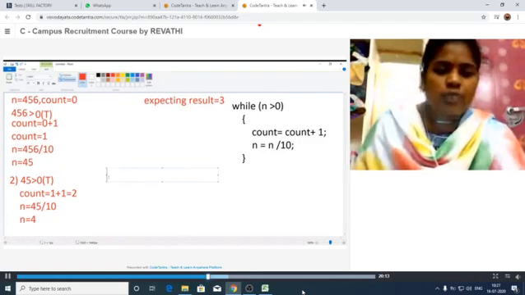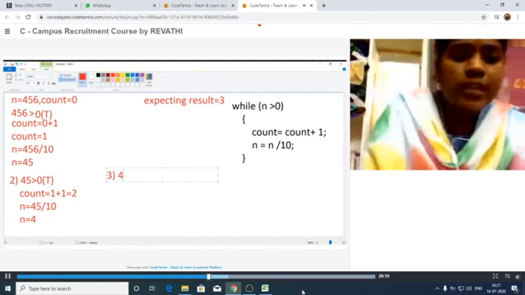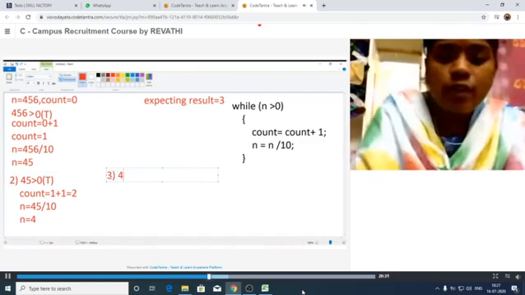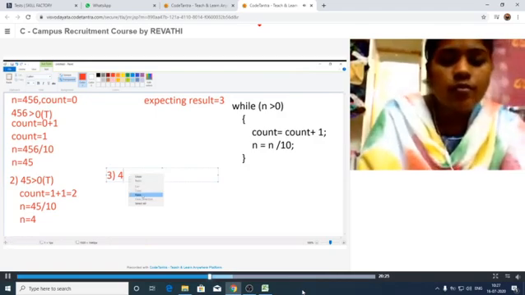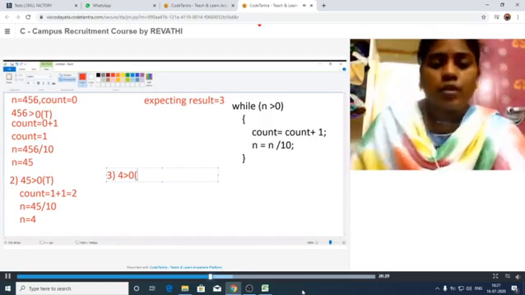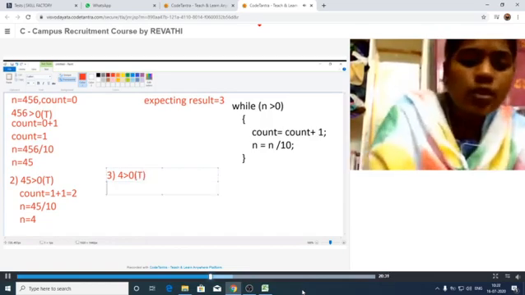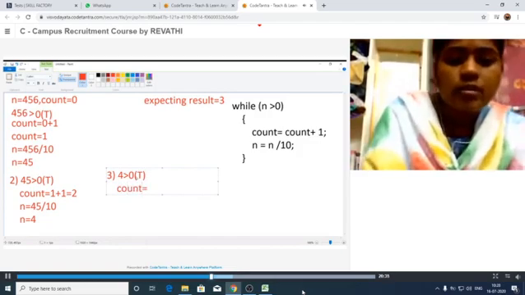Now again check the condition. What is the n value now? 4. 4 is greater than 0. Condition true. Next, increment the count value.